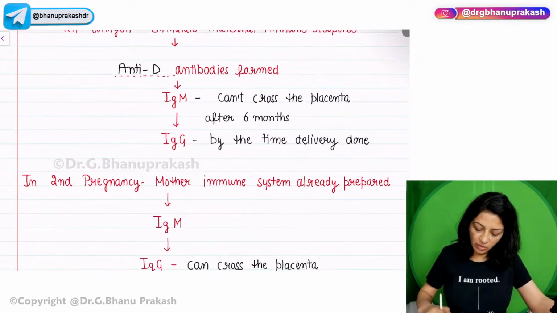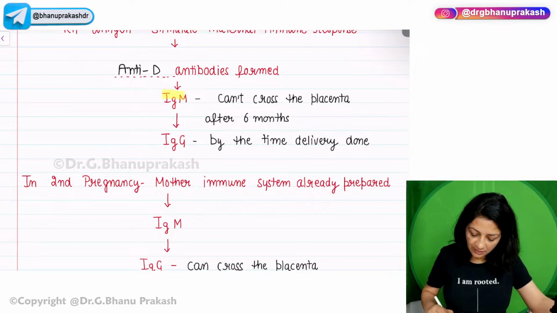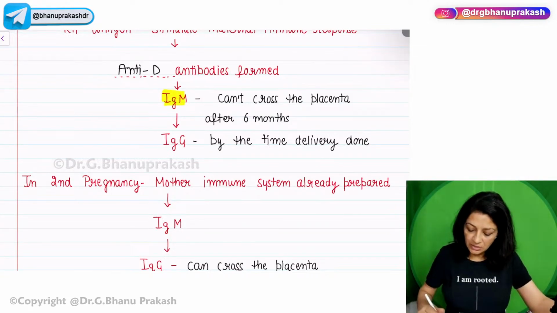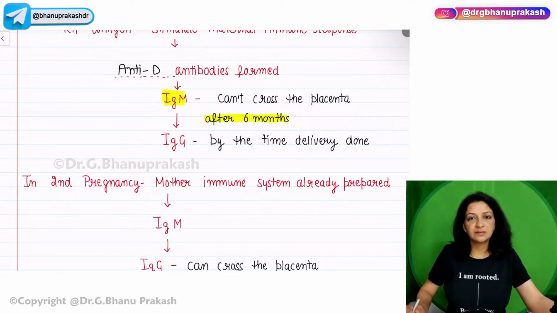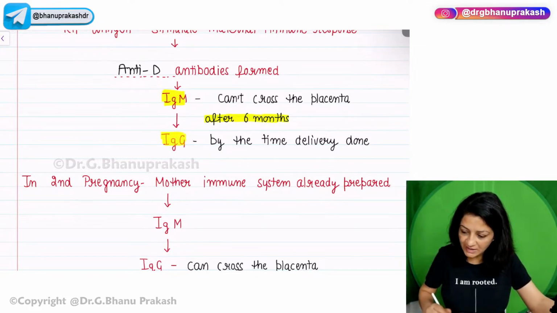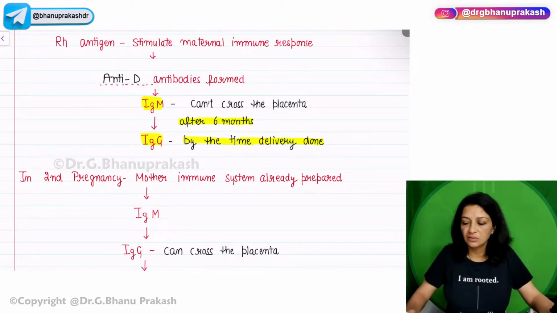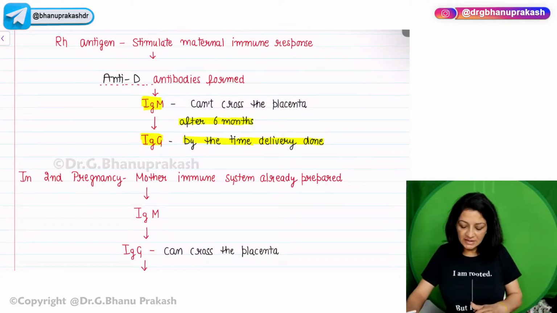फर्स्ट एंटीबॉडी IgM. So IgM can't cross the placenta. So after 6 months फॉर्मेशन होगा IgG एंटीबॉडीज का. IgG by the time delivery done. So first pregnancy is safe. कोई प्रॉब्लम नहीं रहेगी फर्स्ट प्रेगनेंसी में. ओके. सो इन सेकेंड प्रेगनेंसी,